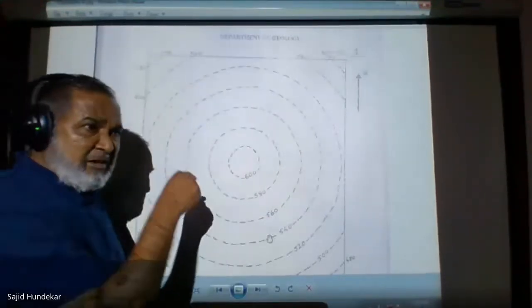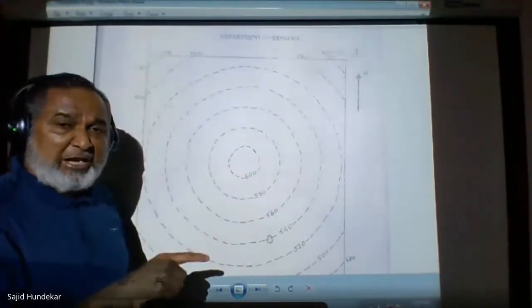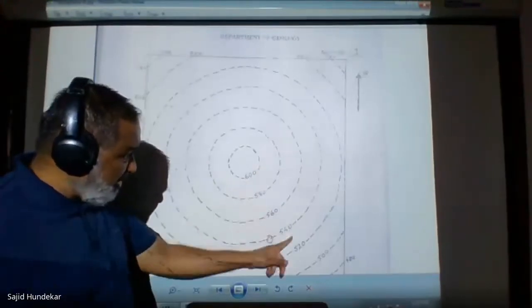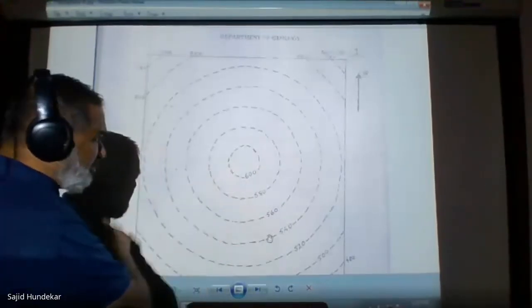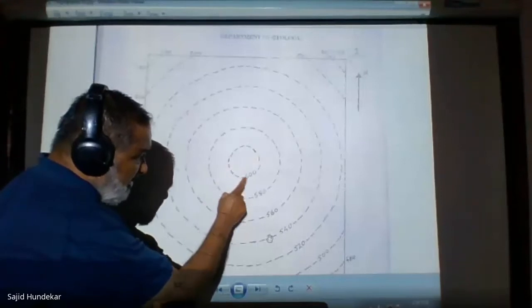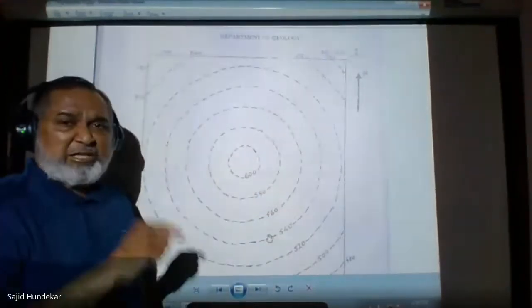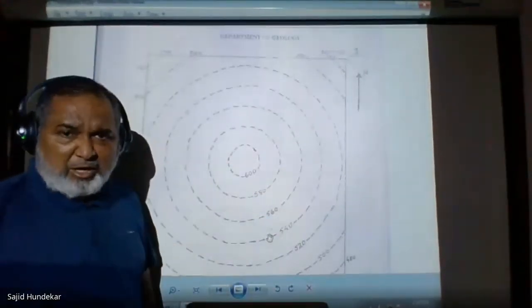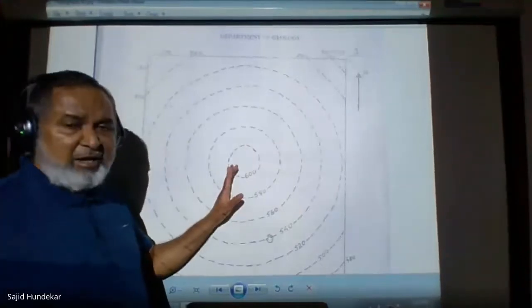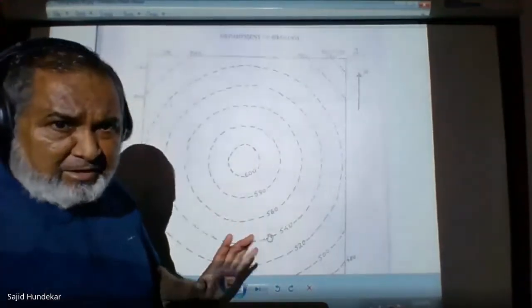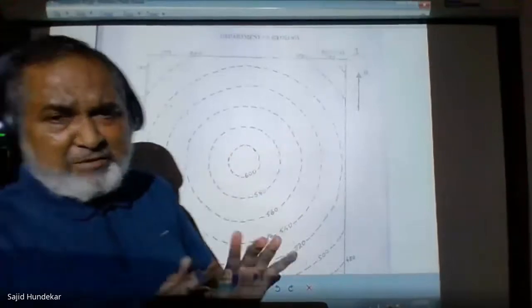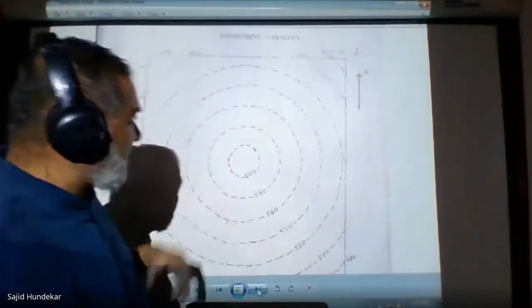Hence, it shows an isolated hill. The slope is from the center, and the contour values decrease towards the periphery. So this given topographic feature is the isolated hill. Clear now? This much is your first part of the description. Three lines you have to write down. Go to the next map.